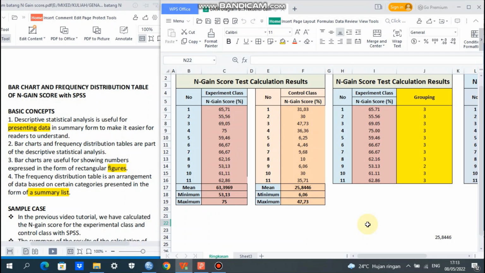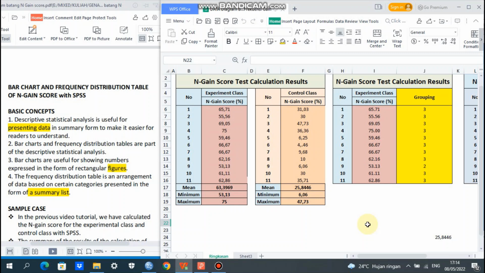Today we are going to discuss bar chart and frequency distribution table of n-gain score with SPSS. As usual, we need to pay attention to the basic concepts of bar chart and frequency distribution table of n-gain score with SPSS.